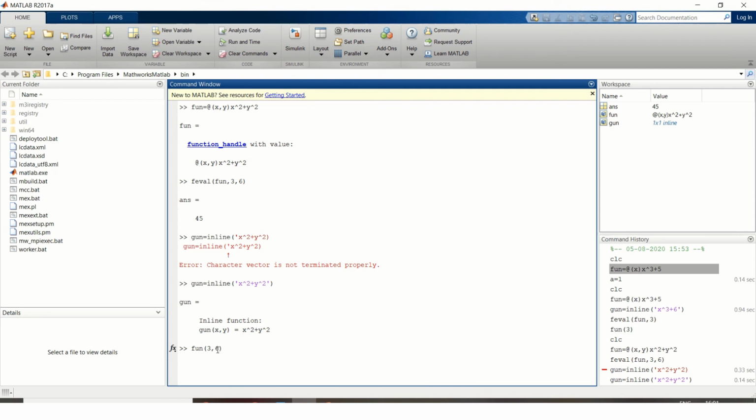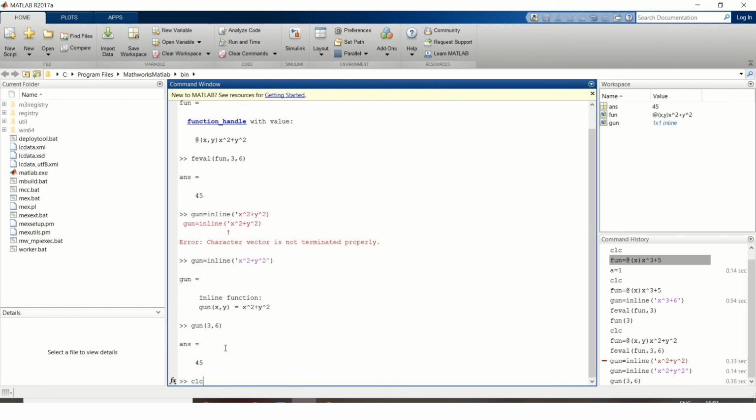So what will happen? In this function, 3 will take the place of the first variable occurring in your function. Then the second value will go to the second variable.